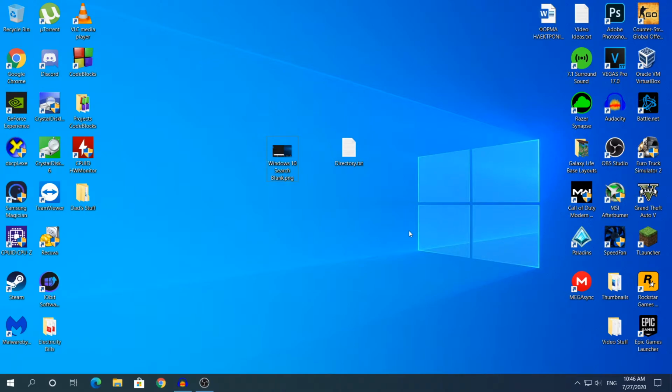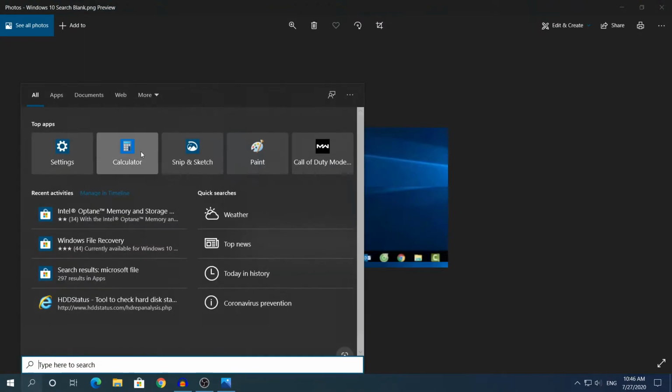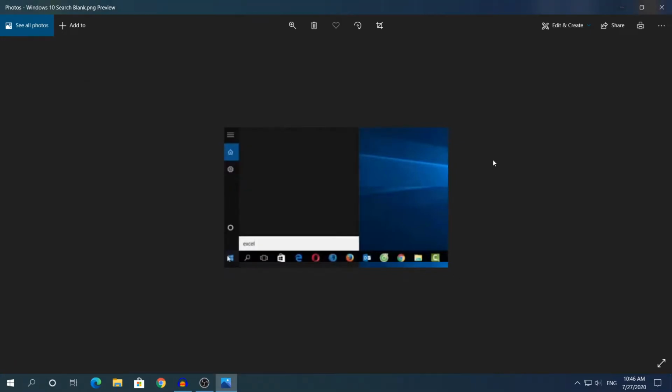Today I'm going to show you how to fix Windows 10 search showing a blank box. Before I start, make sure you enable subtitles on my videos to understand whatever I say. Because I do not have this problem, I will show you a screenshot from Google of what I mean. When you go to search, you may see a blank box or a black screen, and when you type something, you will see the black box again. This is the issue I'm going to fix in this video.